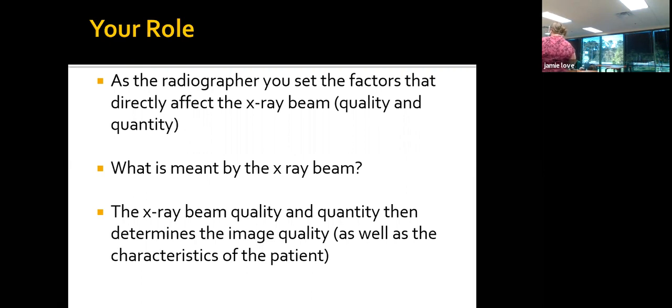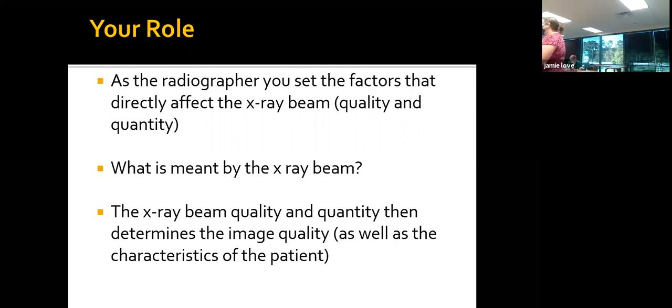For the kilovoltage side, that's our dial that's telling us how many volts we want to come through. We call that kV. Essentially, it truly is our kVp, our peak kilovoltage that the machine is going to allow to come through the circuit. So kVp and mass are our two settings that we're setting on our control panel before we do any